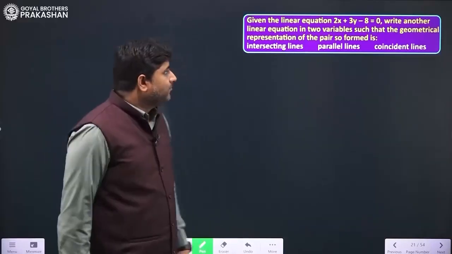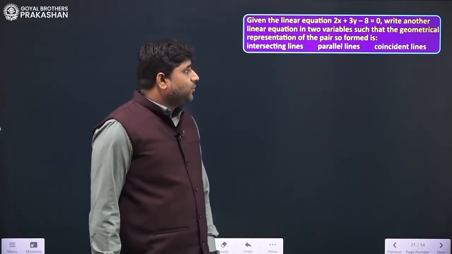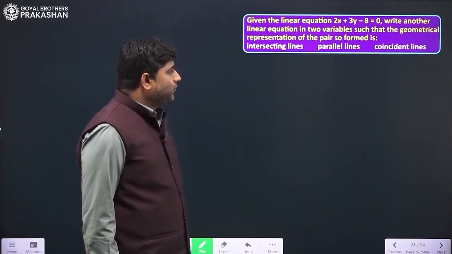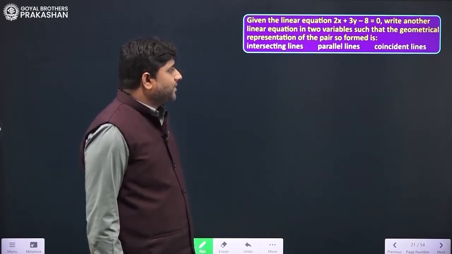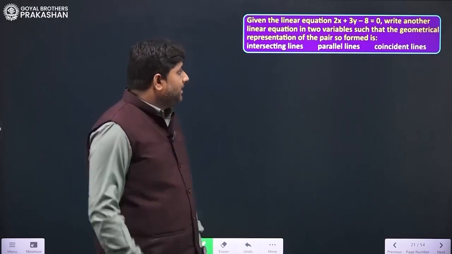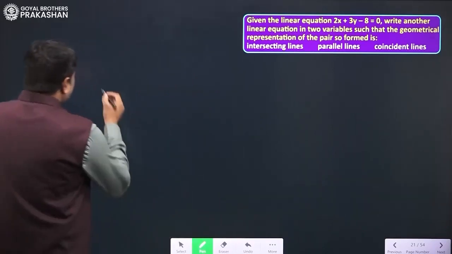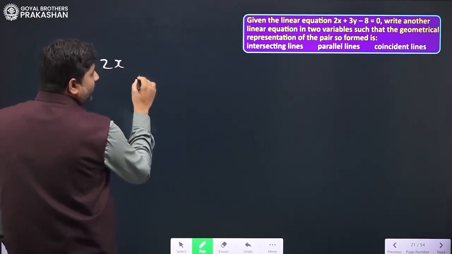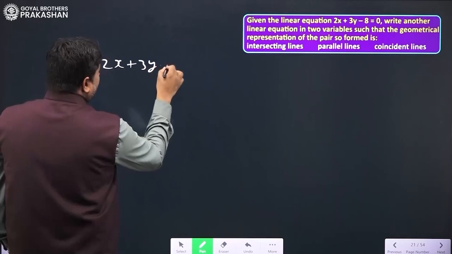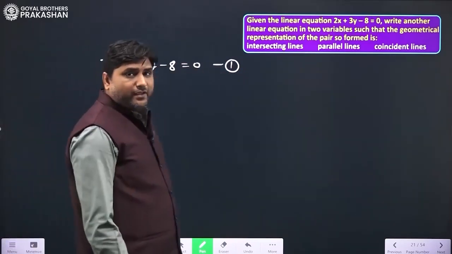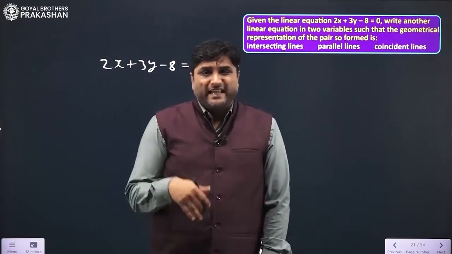So the question is, given the linear equation 2x plus 3y minus 8 equal to 0, write another linear equation in two variables such that the geometrical representation of the pair so formed is intersecting lines, parallel lines, coincident lines. So basically we have an equation 2x plus 3y minus 8 equal to 0. One equation is given. Now we have to write the second equation